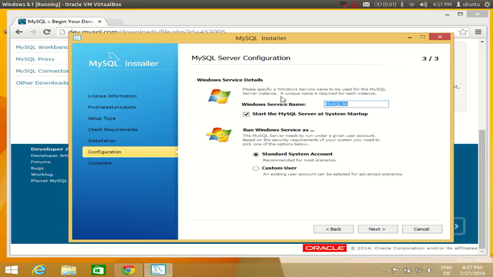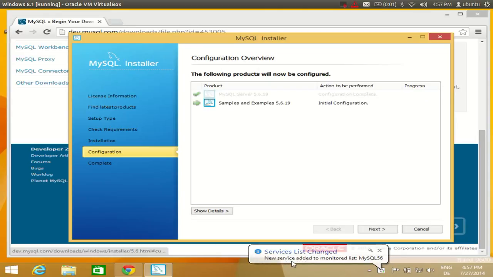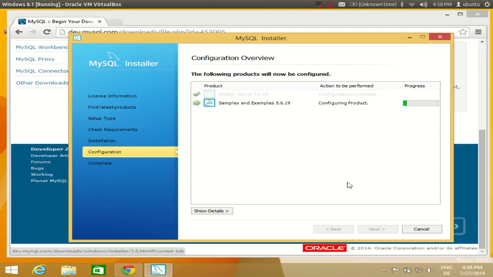The Windows service detail, the service name, which is MySQL 56 in my case, I will leave it as default, and I will click next. Configuring the product, and you see new service added to the mentioned list here, and click next. So configuration of all the product will happen first and then the installation will be completed, and click next